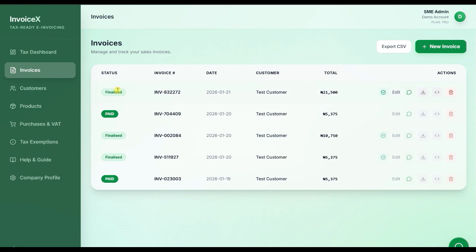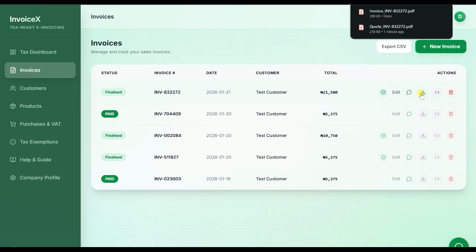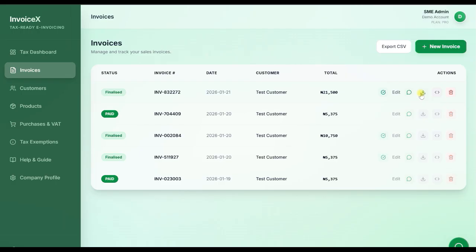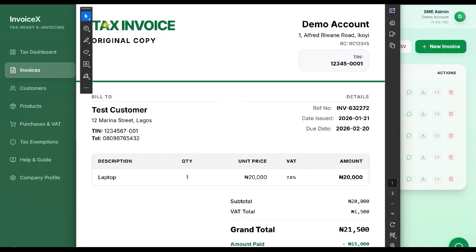So you can see that the status has changed to finalized for the same invoice, which is 832272. And then let's download it and see what it looks like. Of course the same quotation would have now changed to an invoice as opposed to it being a quotation. So you can see the header has changed automatically to tax invoice,